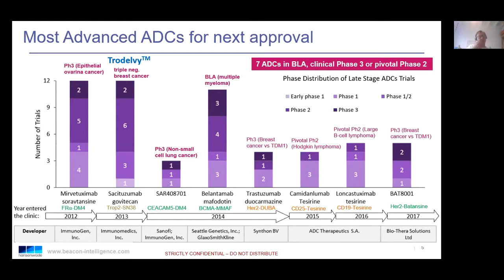Most of the payloads of those advanced ADC are, as you can see, tubulin binders in green and DNA binders in red. And once again, I think it's important to stress that there is really an increase of ADC developed for the treatment of solid tumors, because it was really something that was not a given, very honestly, at the very beginning. And there is still a lot to do in that field.